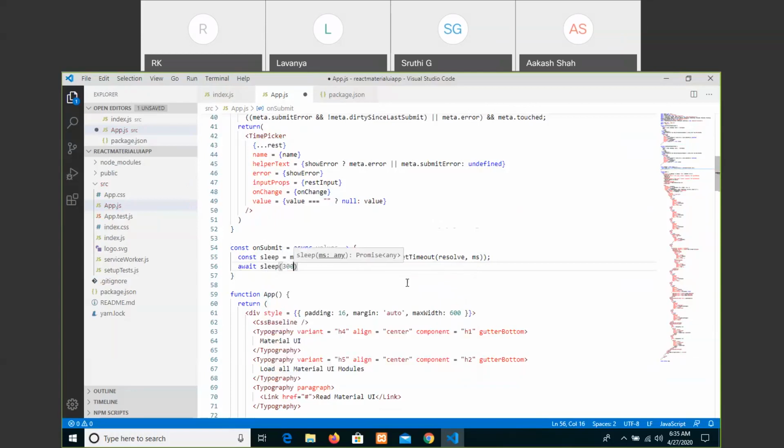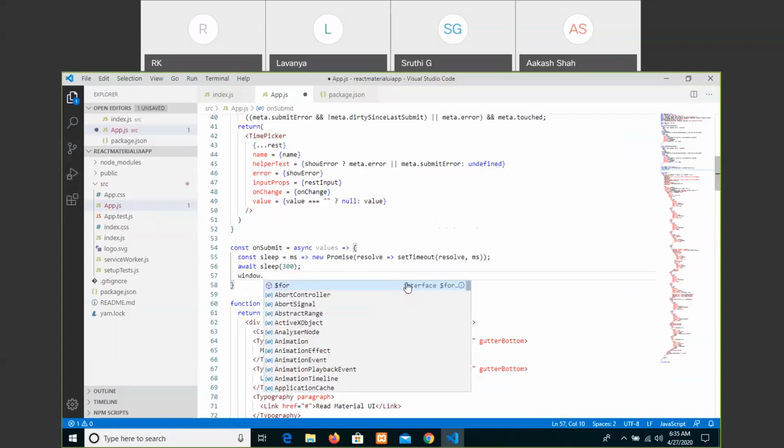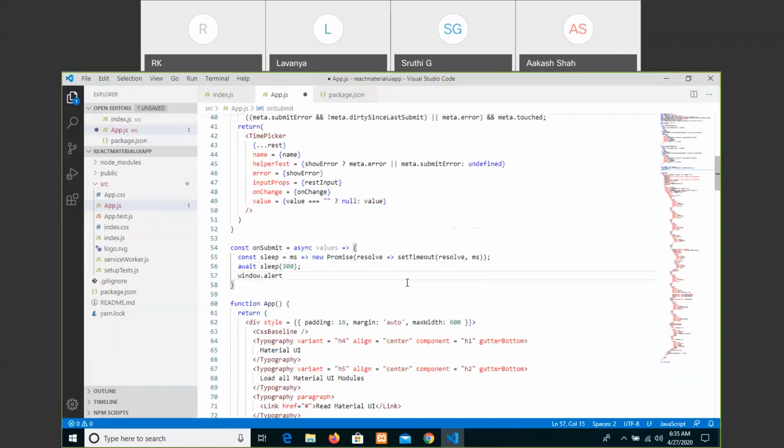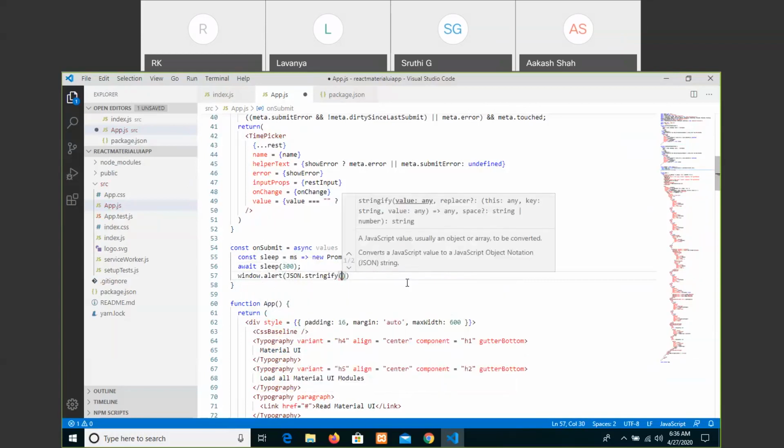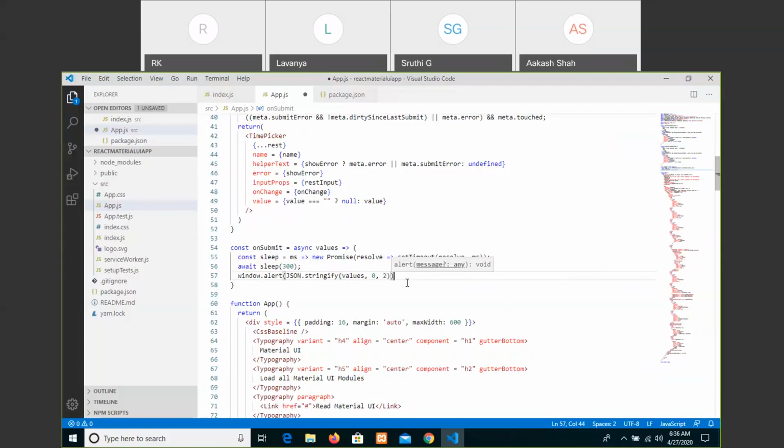We are doing some processing in a gap of 300 milliseconds, and it is showing the alert message with the error messages, which is JSON.stringify the values, 0 comma, that is string, any space and number.